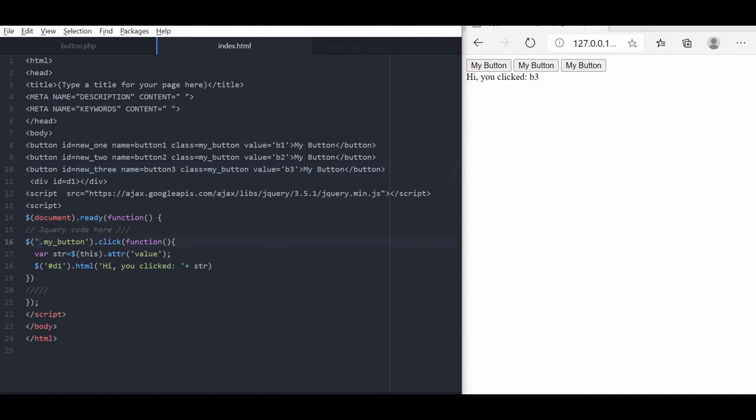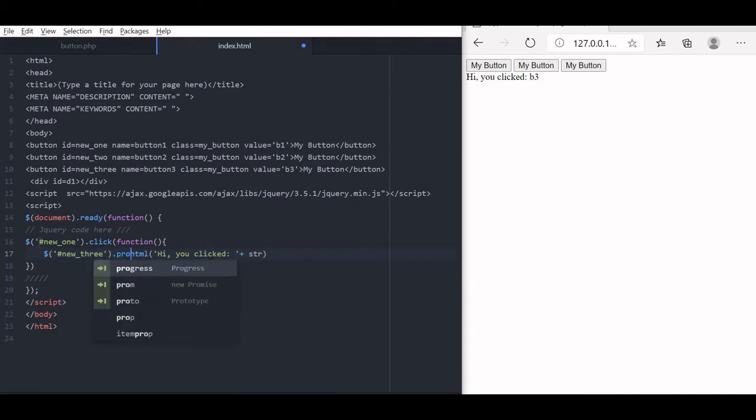Now let us say once the first button is clicked, the first button id is new one. We will use this new one in the click function of this. What will happen is, let us remove this, it is not required. Now the third button is new 3. Now here we will access the property. What is this? It is disabled. This is the property. The value we will set is